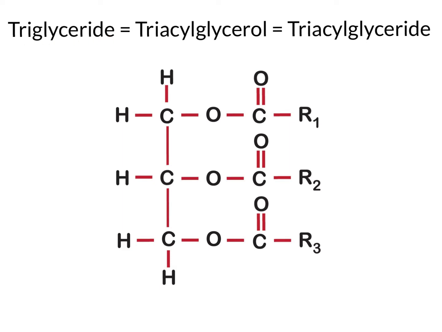Triglycerides, also known as triacylglycerols and triacylglycerides, have the common structure theme that we see here. This is represented by a total of 3 ester groups here, here, and here. Those ester groups have a long chain bonded to them, here called R1, here called R2, and here called R3. Those could be either saturated or unsaturated chains. So these are our alkyl chains,